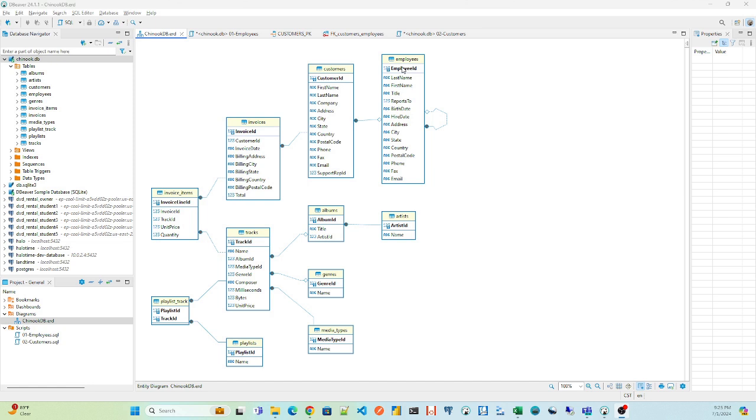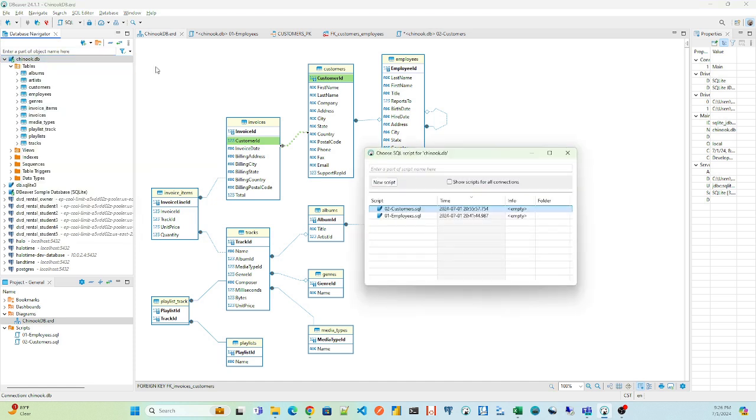So let's continue our exploration. So we learned about our employees, about customers. Now invoices. You see this dot next to invoices, meaning that one customer may have multiple invoices, which would make sense. So how is it related? If you click on this relationship, customer ID, customer ID. So each invoice has customer ID, and customer ID is described in customer. Right? So let's create another